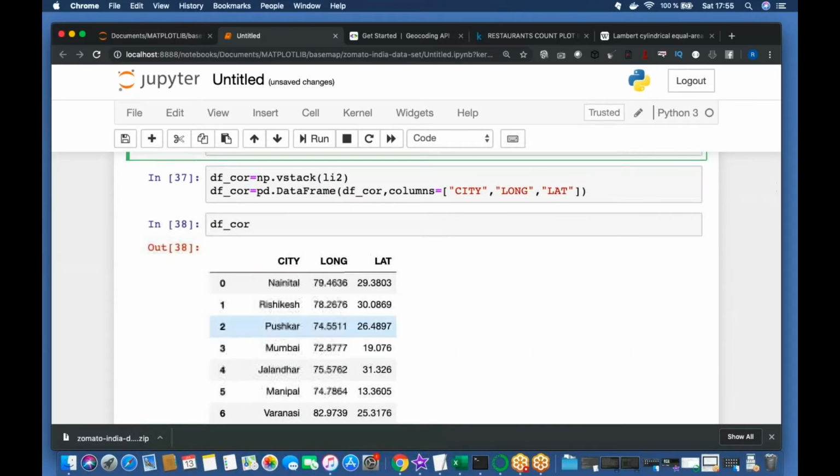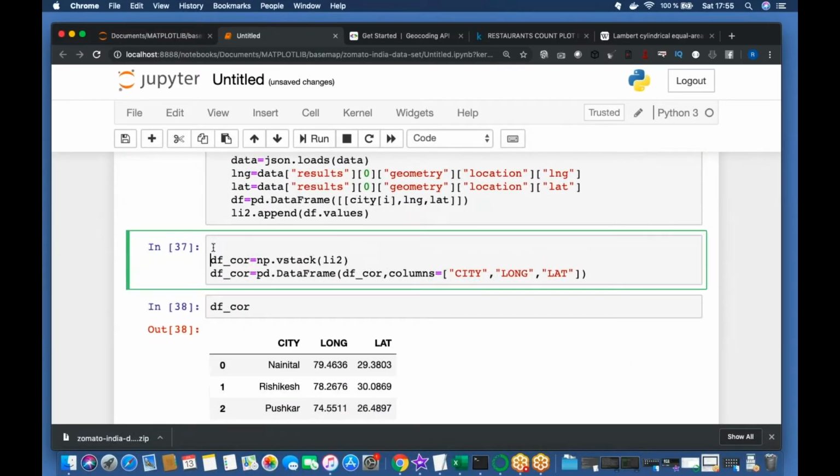So this is done. Then the same thing again, stacking vertically and creating data frame from numpy,